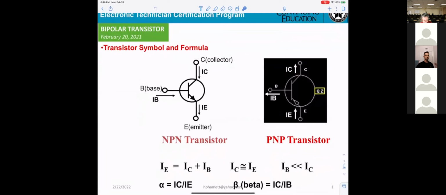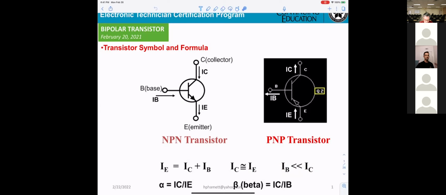And this is the formula. Okay? IE leaving equals IC plus IB. That applies for both NPN and PNP. And if IB is too small, IC is almost equal to IE, but we don't care about that.